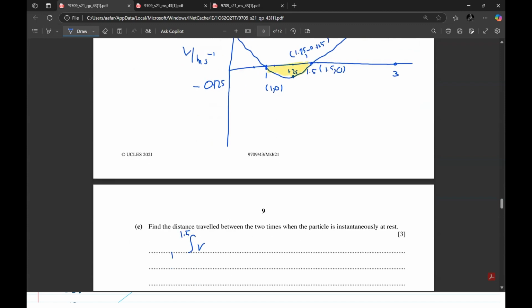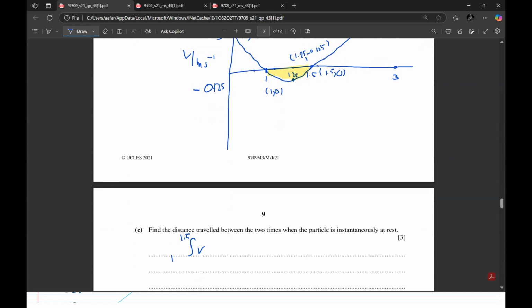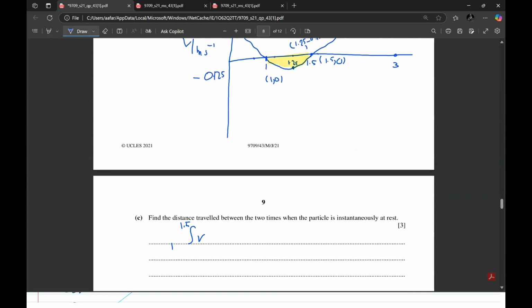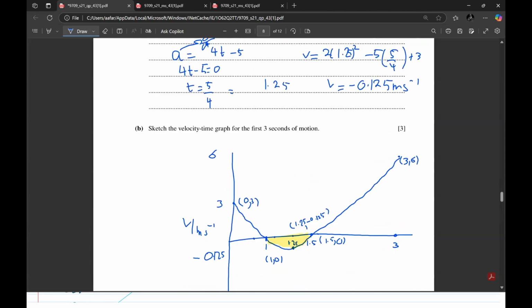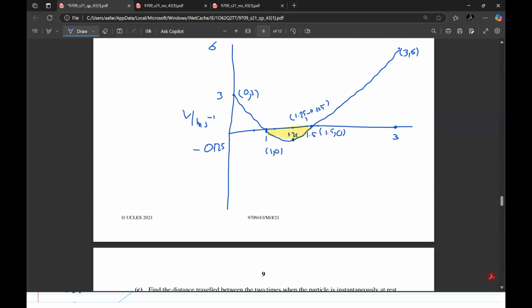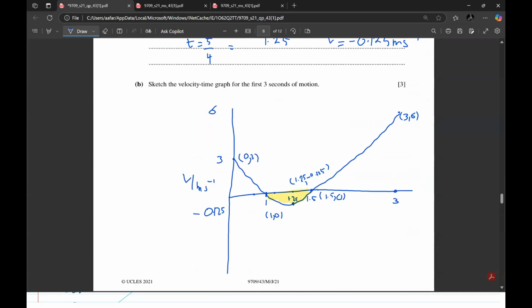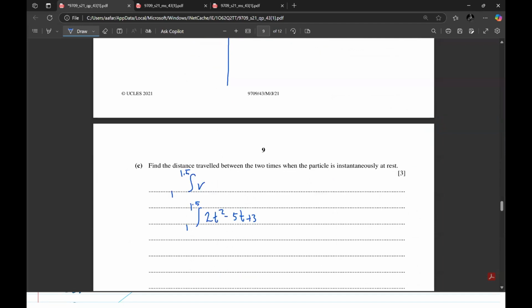This is easier. We can find the expression of displacement and take displacement at separate intervals, but you need to calculate c and it becomes a bit messy. This is basically the quickest way. Integrate v, 2t square minus 5t plus 3. That's it, right? From 1 to 1.5. The expression we get is